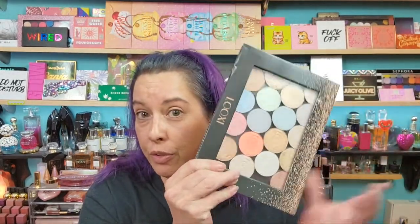And then there was one like Butterfly Kisses or something like that. So I grabbed that too. And then I did grab a couple singles of a highlighter or something like that. I got 10,000 videos. If you check the indie brands playlist that's up there somewhere about me, it should have swatches of all this somewhere. But she makes beautiful products, and I haven't done a Looxi order in a while. And some of hers also had